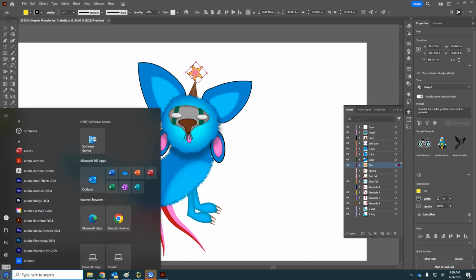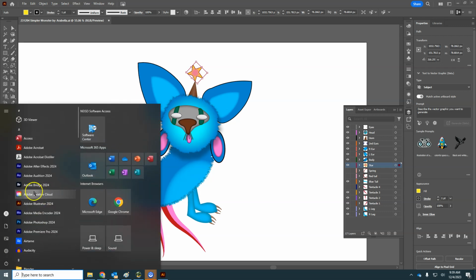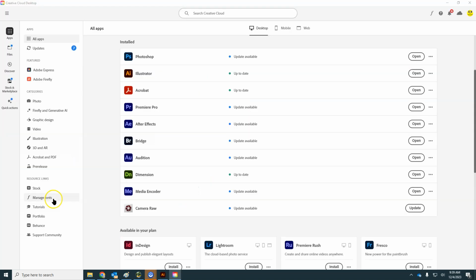So we're going to get After Effects opening up here, but before I do that, I'm going to check on Creative Cloud so that you know how to get to a specific version. We want to update this together. So right now I do have After Effects installed and it does say update available, but I don't want you